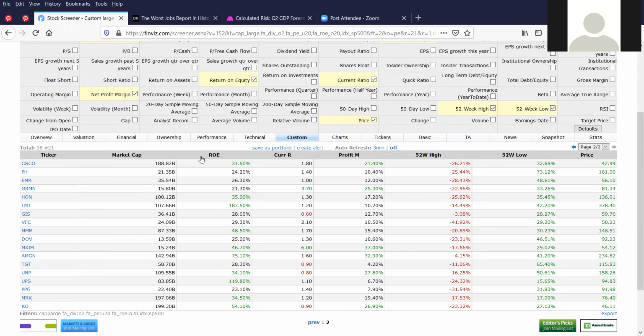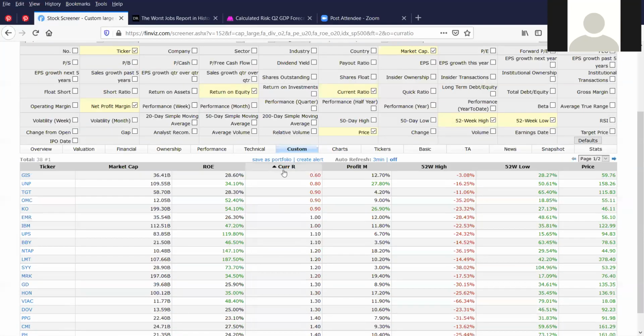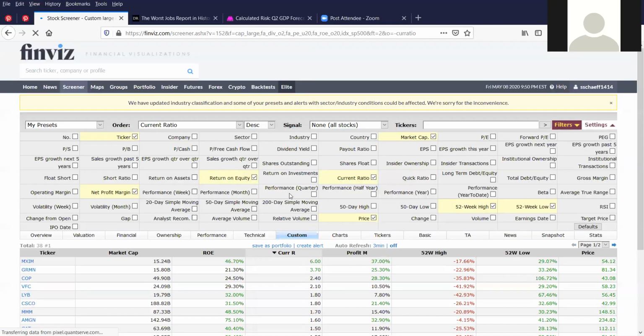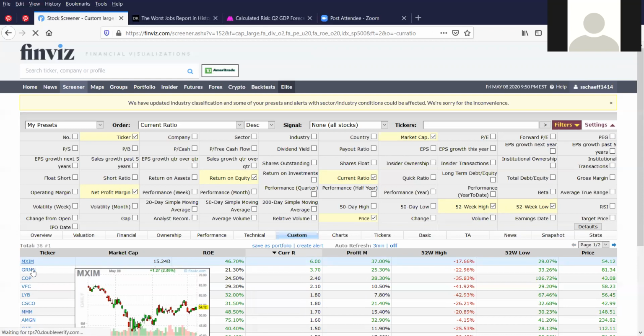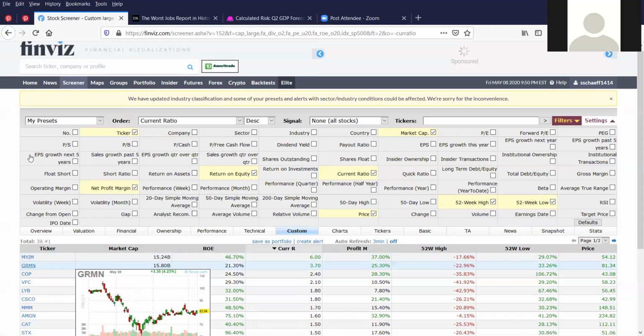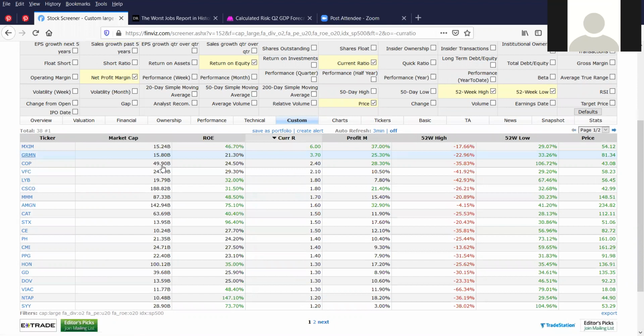Again, if you wanted to, you could sort the results in the chart by any of these column headings, like current ratio. Always nice to see a current ratio over 2 or 3. In this case, Maxim Integrated Circuits is high, with a 6.0. Garmin has a 3.7. And something that's also interesting is if you hover over any of these tickers on the left,